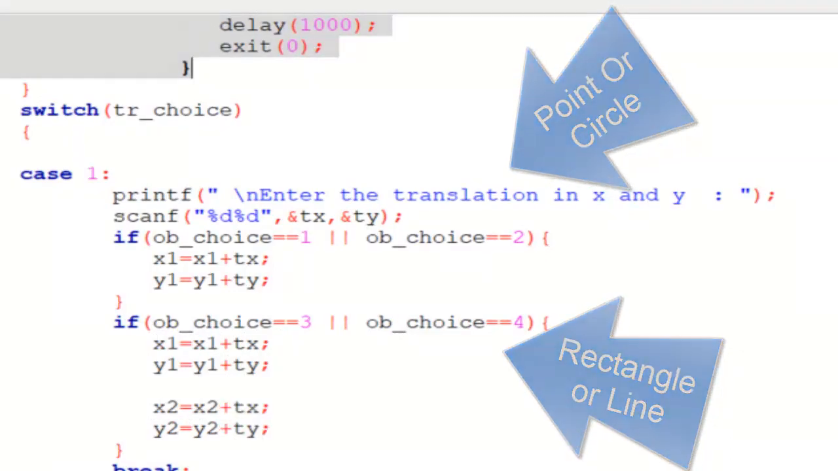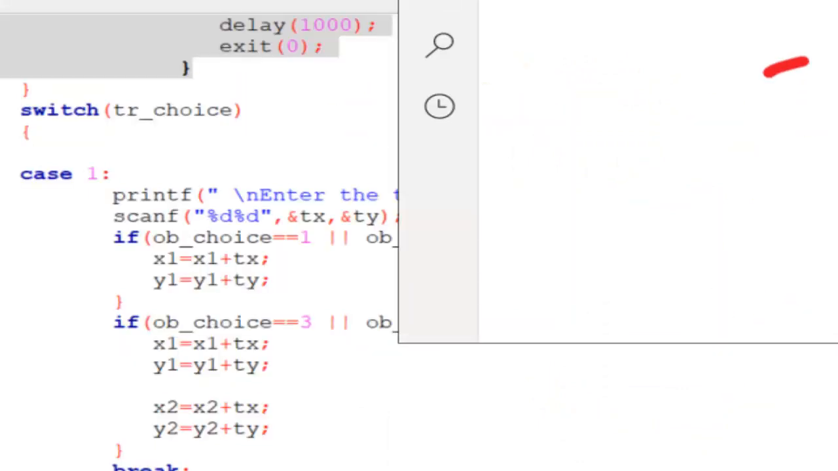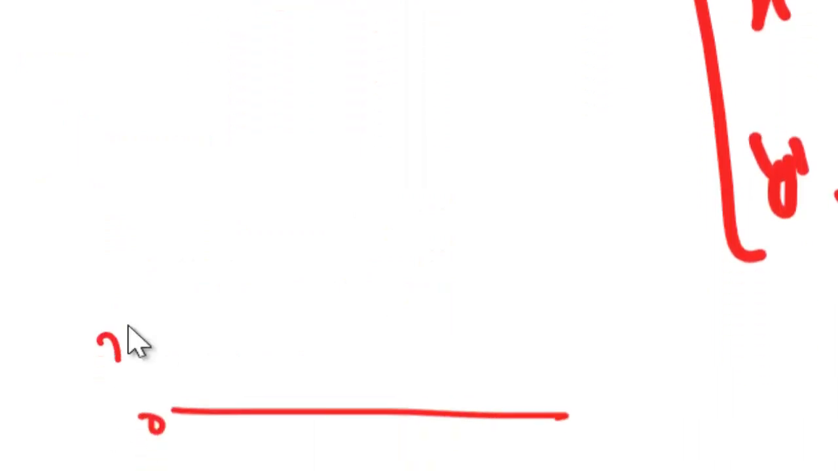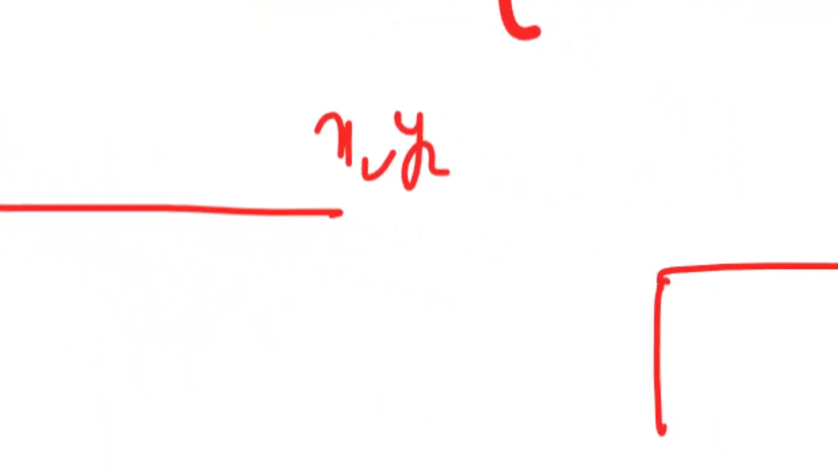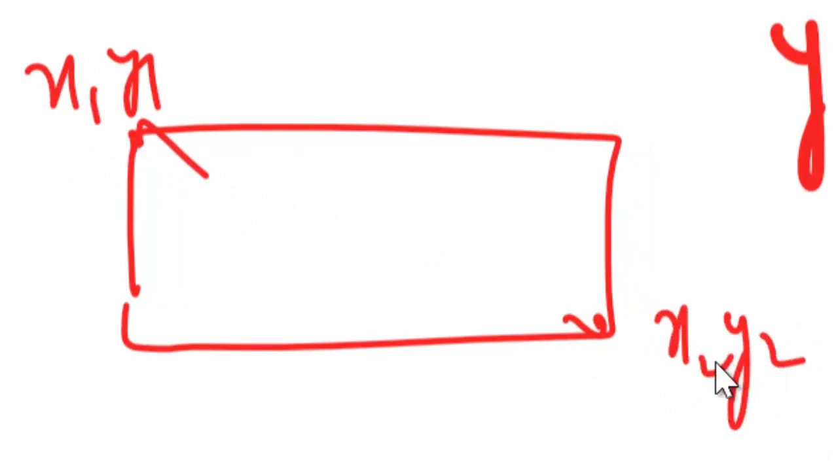Okay, if you have a line, the line has the end points x1 y1 and x2 y2, and the same goes for the rectangle. This corner is x1 y1, and this corner is x2 y2. So that means